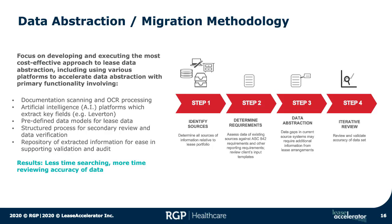Now, the last item on data collection that I will point out is that your external auditors will expect that there is a secondary validation exercise on the data. Now, this does not mean that you have to have a second person abstract all of the data on every contract and look at every component of the data collection and verify it. But what they would expect for you to do is to stratify your leases by value and by impact to the estimated liability, and select a sample of high dollar leases that will get you a significant coverage of your liability. Suppose you have 500 leases, but if you add up the first 50, you may get 90% of your liability balance. If that's the case, then we would sample test those 50,